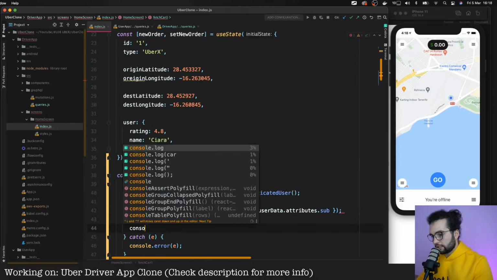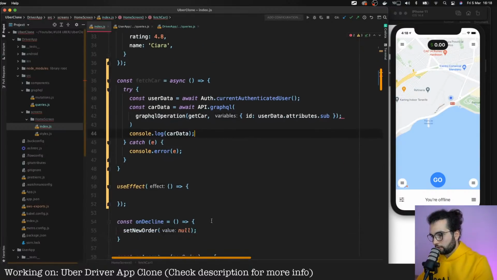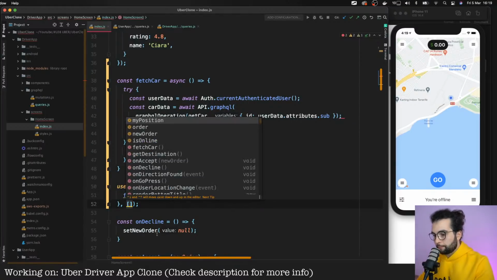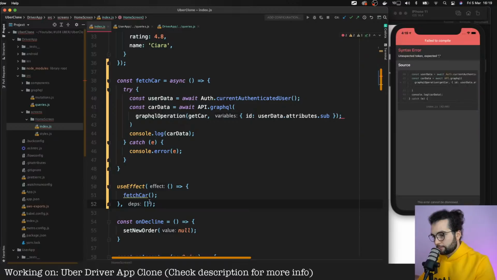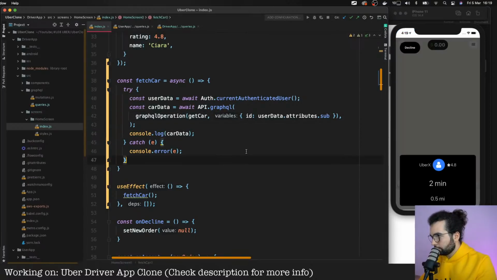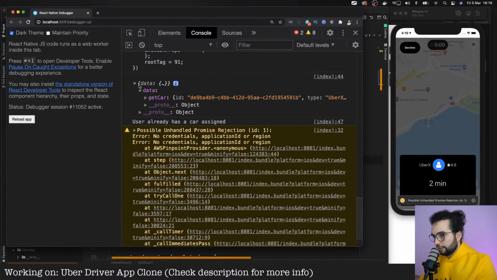So let's console log first of all the car data to see what we get here, and let's not forget to call this fetchCar in our useEffect, and also let's not forget to add the dependencies array, because if we don't, this fetchCar will be called every time the component updates, so that's not very optimal. Unexpected token, we don't need that here. Let's save. It's there. And data getCar